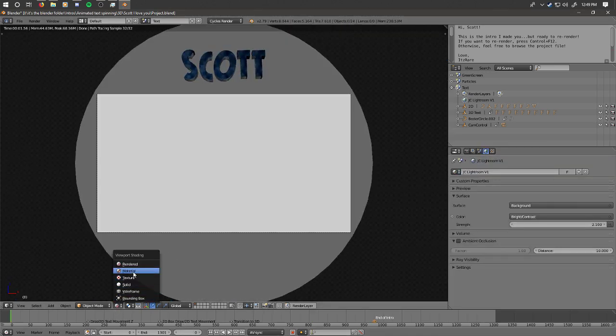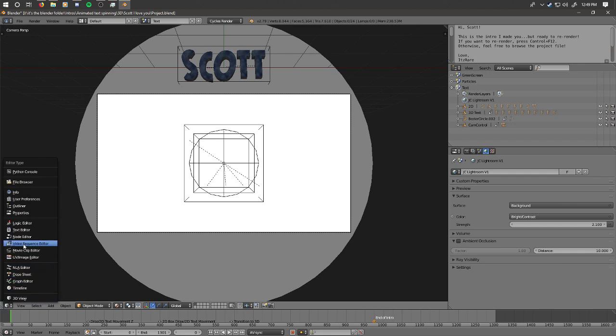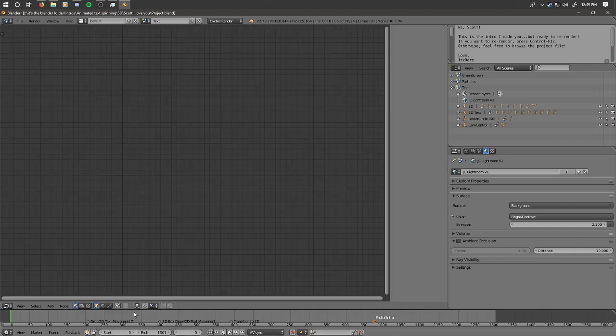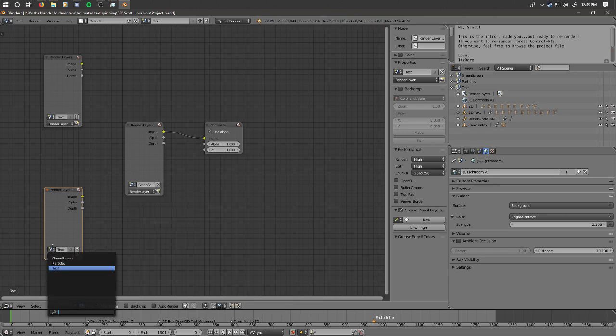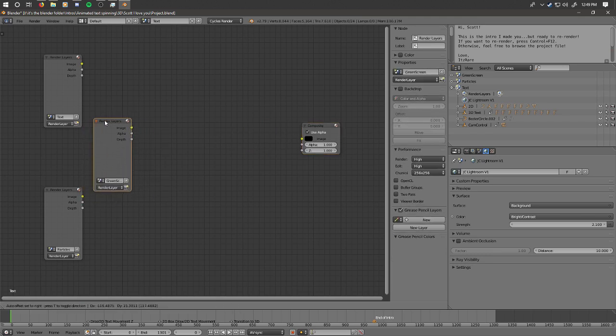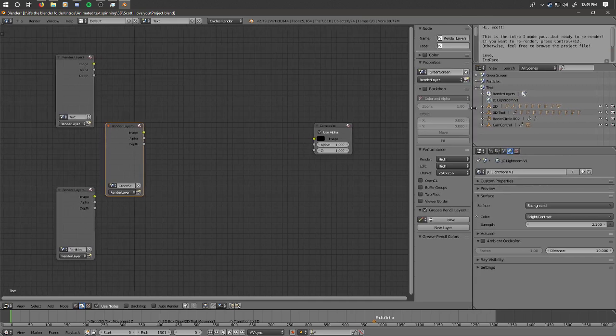Anyhow, it's that time now. It's time to actually pop into the compositor. Use nodes. I'm going to duplicate this twice. Text. Green screen particles here. I'm going to disconnect that. Now I'm going to move this over.